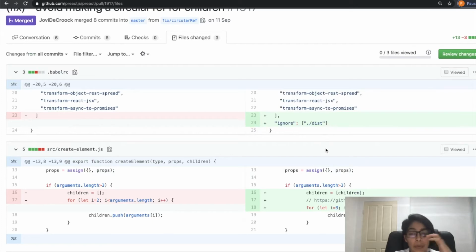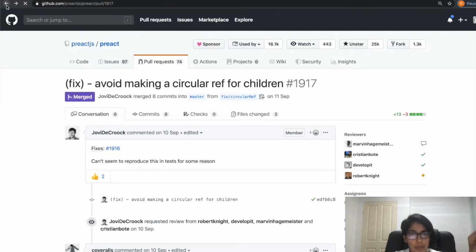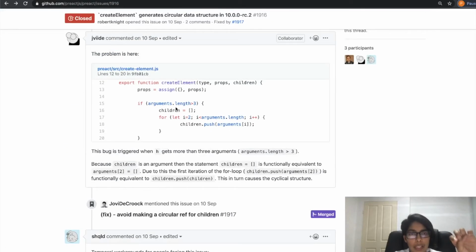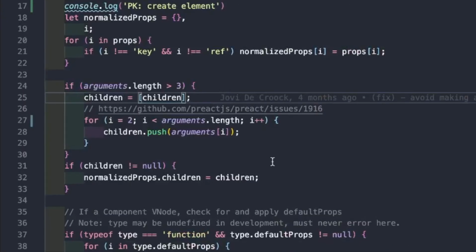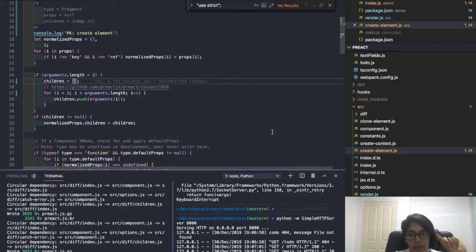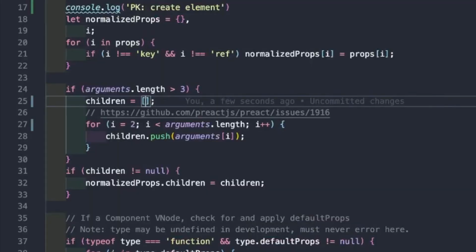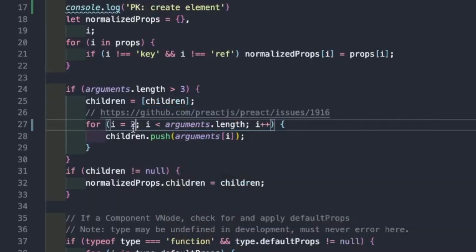The bug that's being fixed by this person is from this issue, which says that it makes a circular data structure, and so possibly a Stack Overflow, right? So they had a discussion and all of that. How I was able to reproduce that is I reverted back to the code that was there before, where i equals children is an empty thing, and then I removed all use strict, and I was able to reproduce it. So now if I fix it with this and I do this,